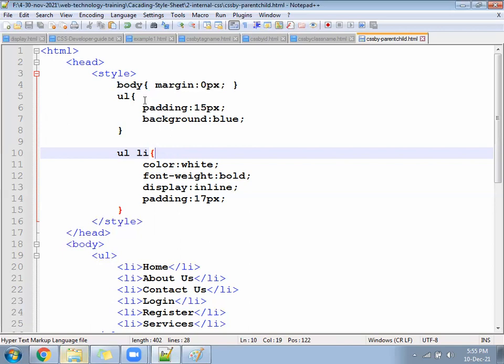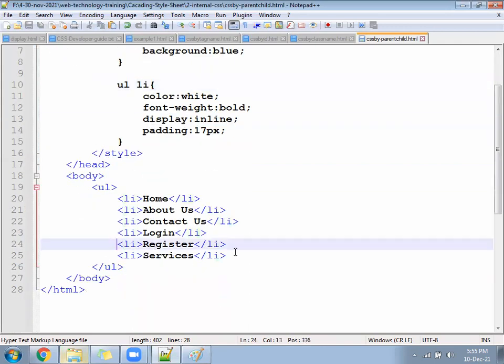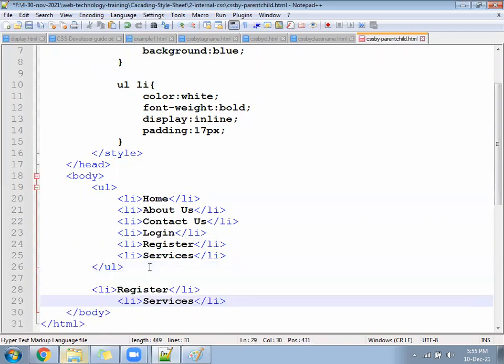So UL is the main tag. Inside the UL we have the li. So we have written the CSS for those li that are under the UL. If you want to test that, copy an li from here and paste it outside. You will see the CSS will not apply for this li.